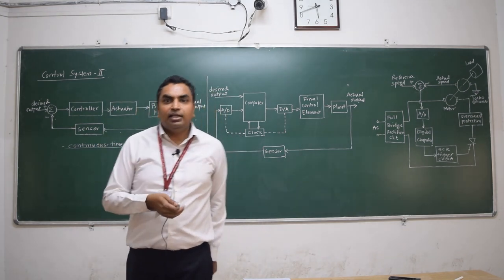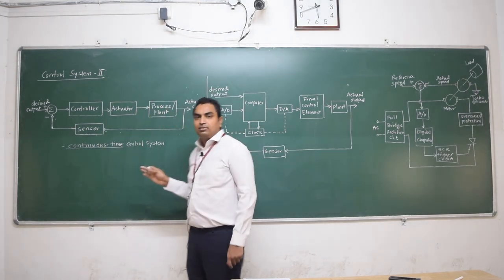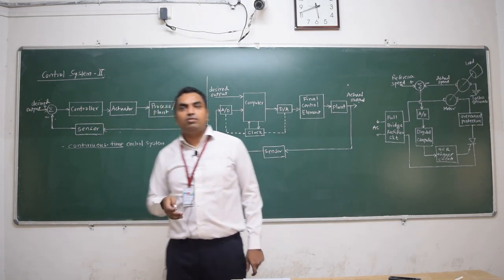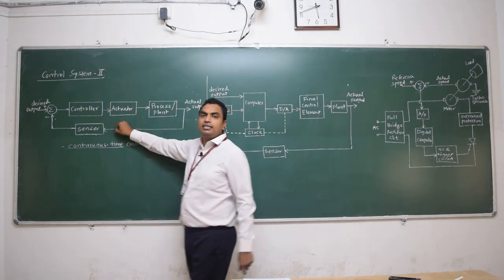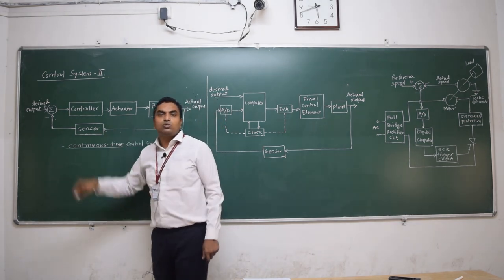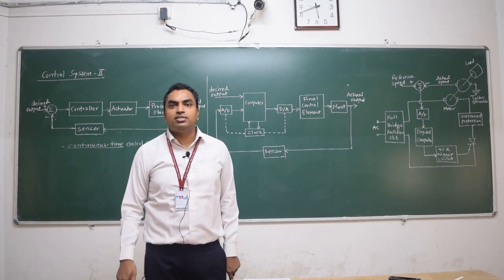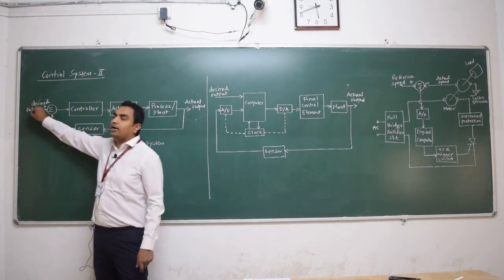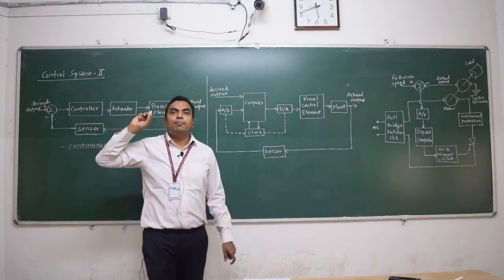There are some indicators on the road where we can see that we need to move to the right side, or take a left turn or right turn, right? These are the sensors in that case. And who is going to sense that? Our eyes are going to sense it, right? After that, it will be compared with the desired output.